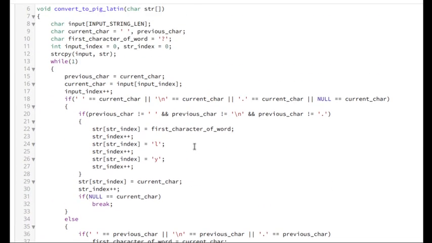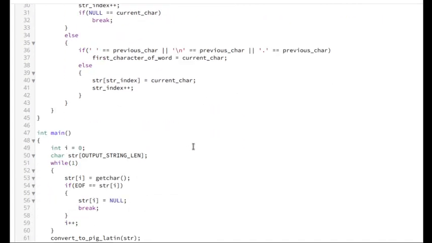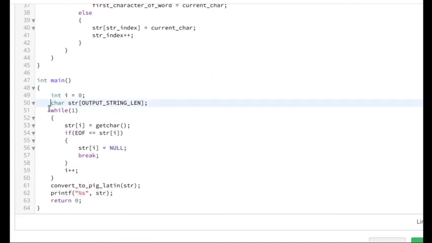Okay, in order to summarize this entire thing, we have the main function where we read input, but we have a longer string because we are planning to store the output there as well. Then we call the function and we print the output str, right, because this function is not returning output somewhere, it is returning void, but it is changing the content of str to store output in str instead of input, and then we are printing.